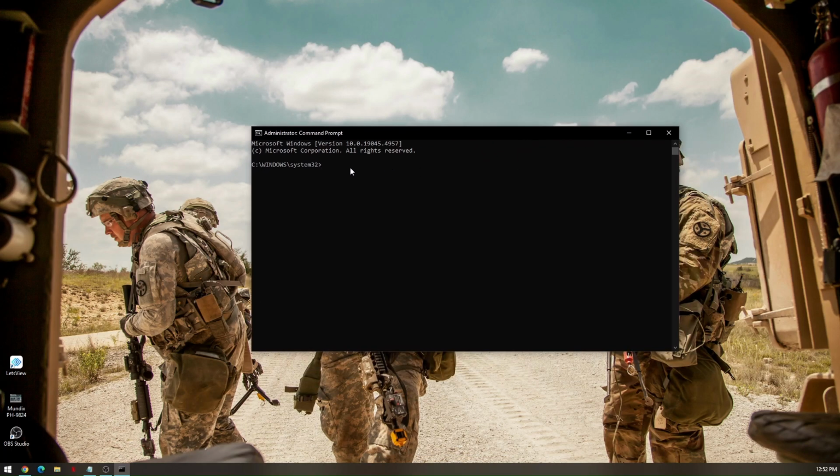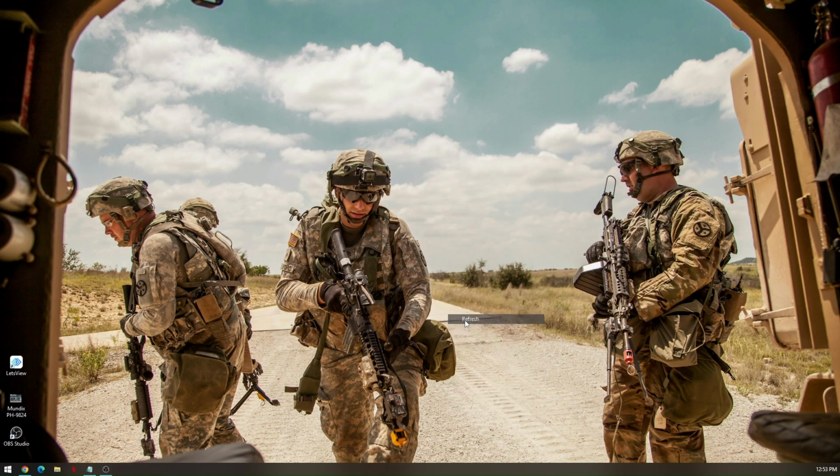So what you need to type in here is REAGENTC /enable, and then hit Enter. Now, once the operation is successful, like this one, all you have to do is do the same process as what you did earlier. And then if you are still getting this specific error message, then let's proceed on our